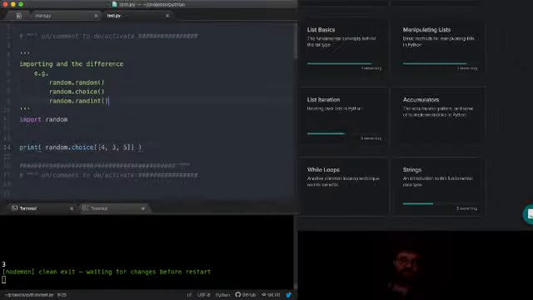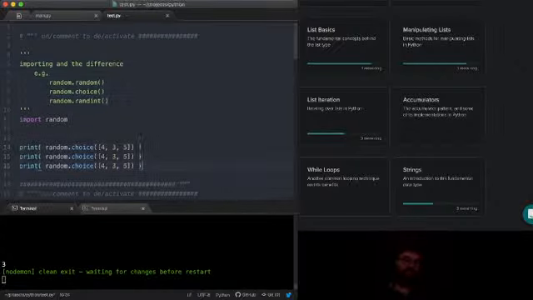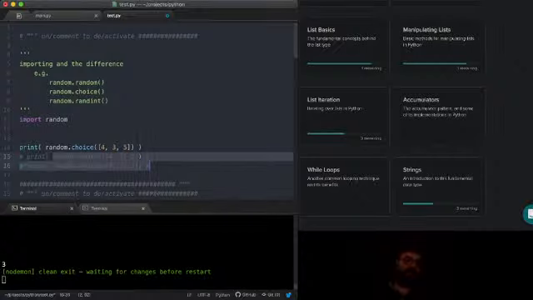Since this is requested, let's just look at each of these three particular methods from the random library, and we'll go from there. So let's look at random.choice first, since that's what I have.